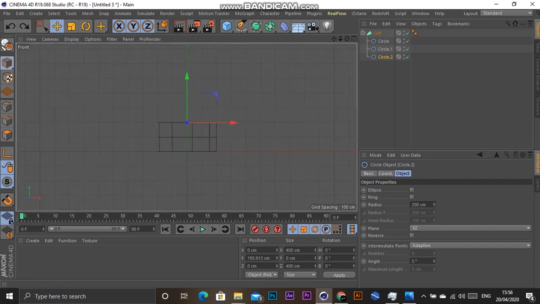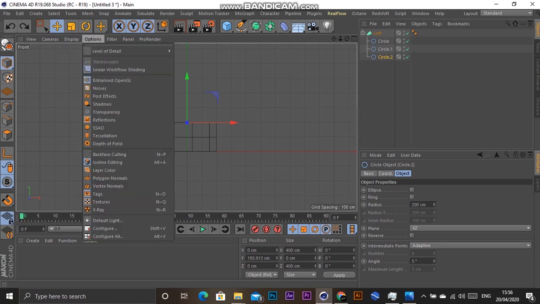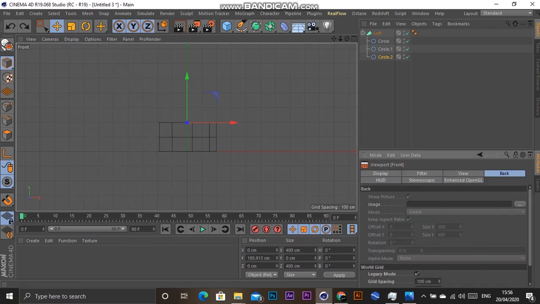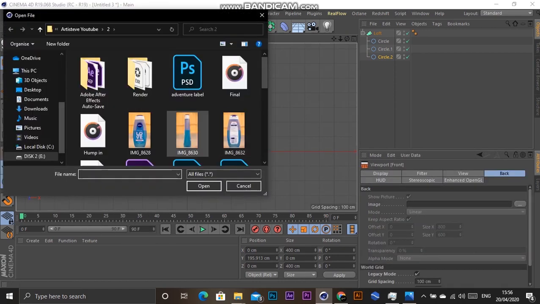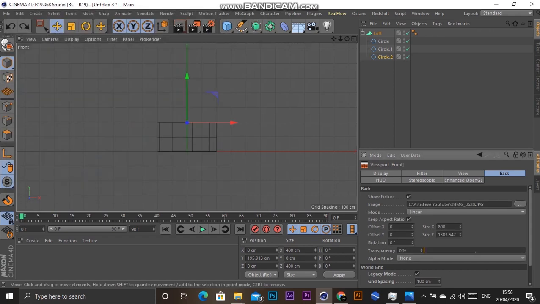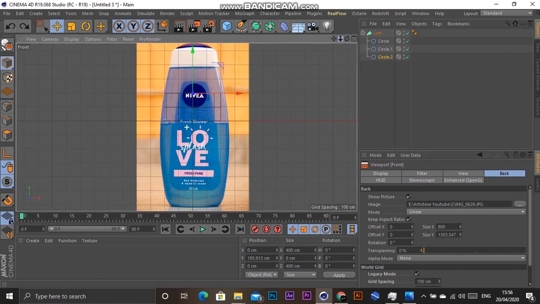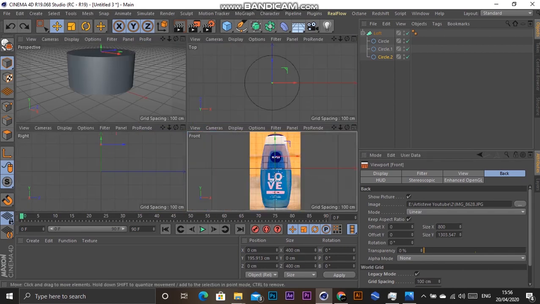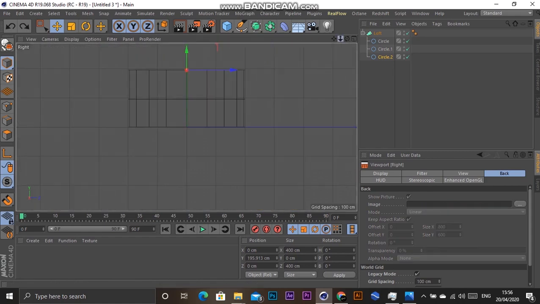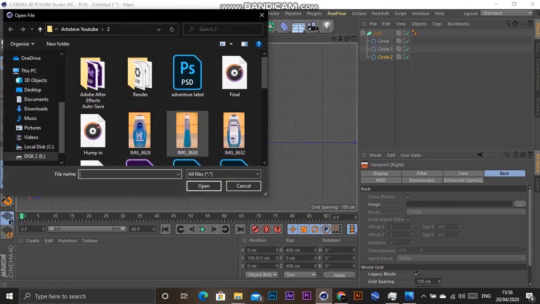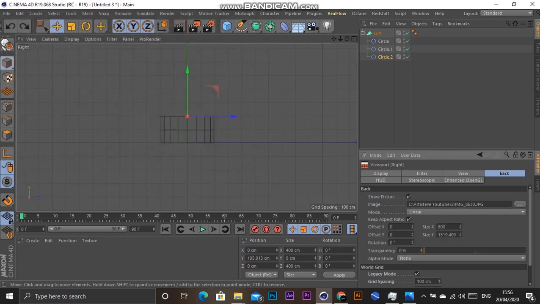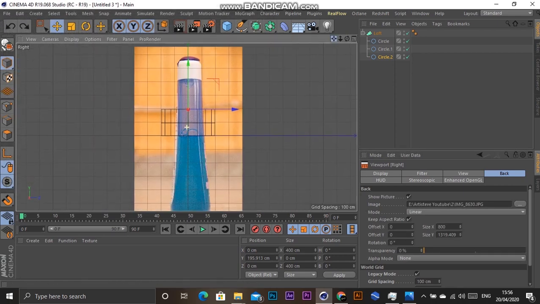So before we go ahead, I want us to import our references. These are pictures I took. For the front, I'm going to position it rightly and make sure that I have a good reference from the front. And I'll do the same for the right view. So I'll import them. Alright,